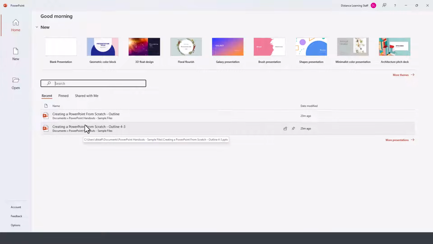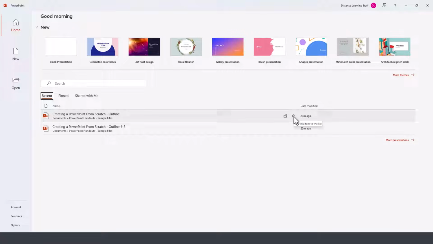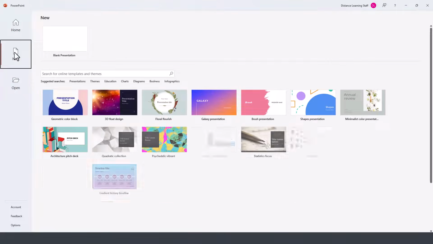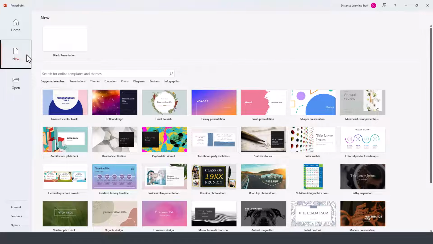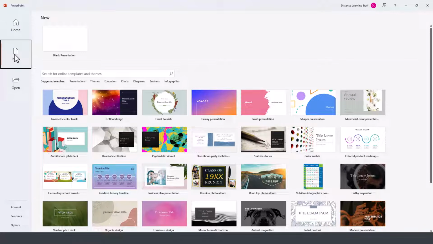and under pinned, this is where you can have particular PowerPoints that you want to show up every time that you open PowerPoint by clicking on this little icon next to one of your presentations. Now, under the New tab here on the left, this is where you can select whether you want to start a new presentation or whether you want to use a new template from Microsoft. So the Home was a little bit more streamlined version of the options that are presented here under the New